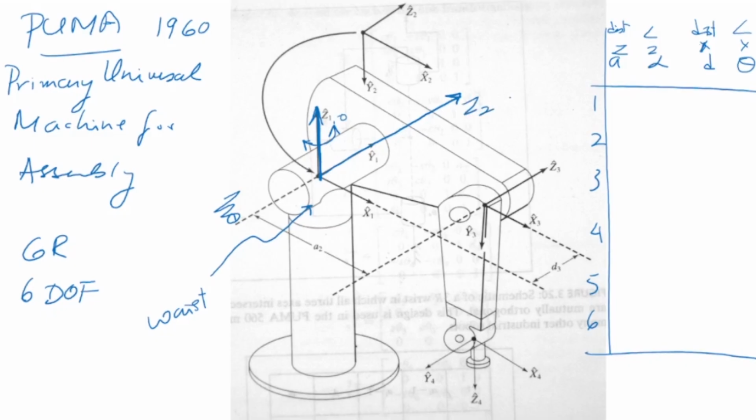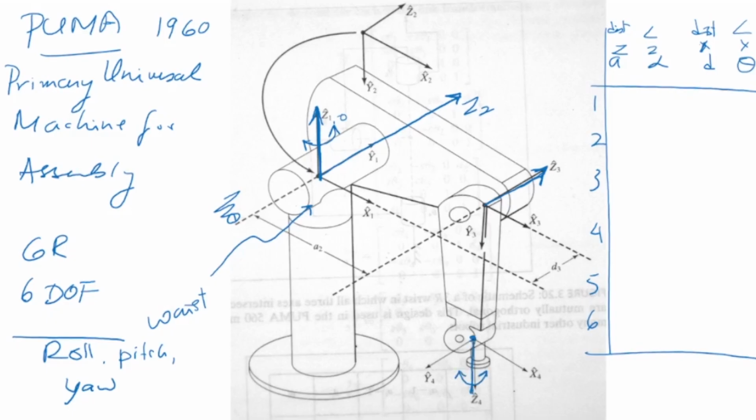Now the Z3 axis is this one, which is the elbow. So this is like your elbow. If you can imagine this to be your left hand, this is your elbow. And at the wrist we have a roll, pitch, and yaw axis. These are three motions called the roll, pitch, and yaw axis. All of them meet at the wrist, which is given here. So this is my roll axis, so it can roll about this axis.